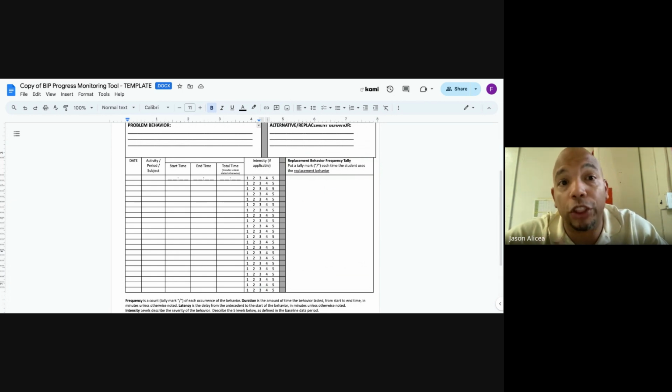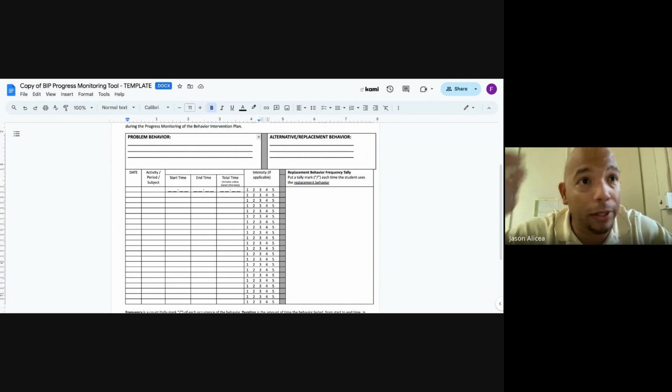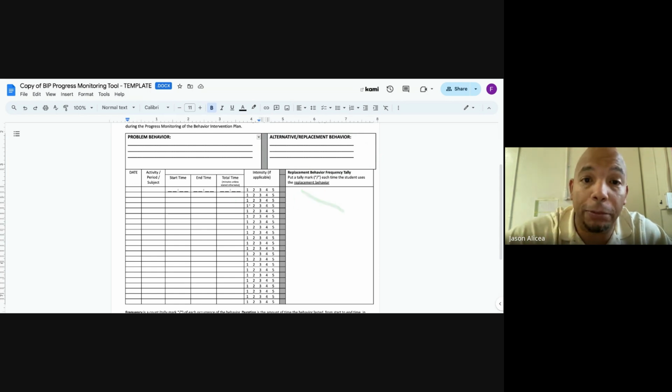So in the case of aggression, for example, we might want the child to use their words or to signal a teacher. Perhaps they're using physical aggression as a way to escape demands in your classroom. Well, what are some other ways that we can provide the child a break or some type of escape, right? And so those behaviors and those skills are going to be listed up in that alternative replacement behaviors. And then in the box directly below, we're literally tallying how many times this child engaged in this replacement behavior.